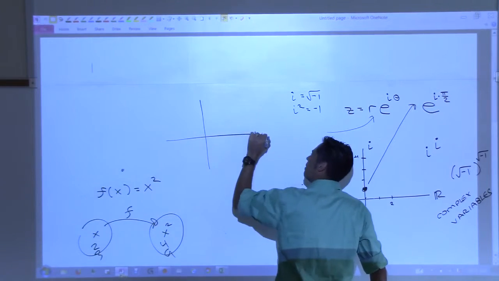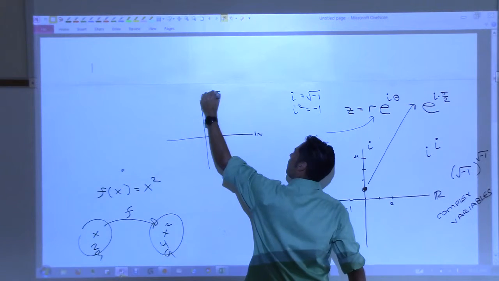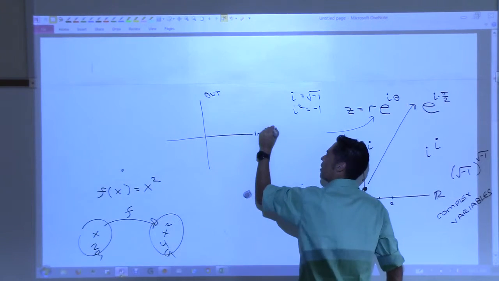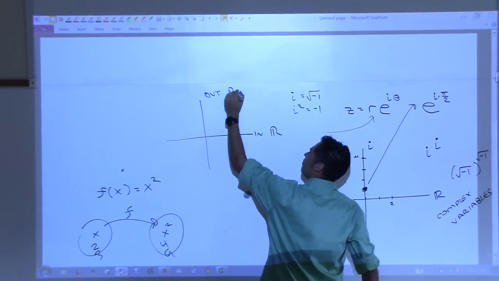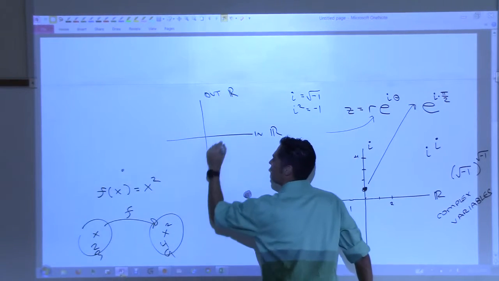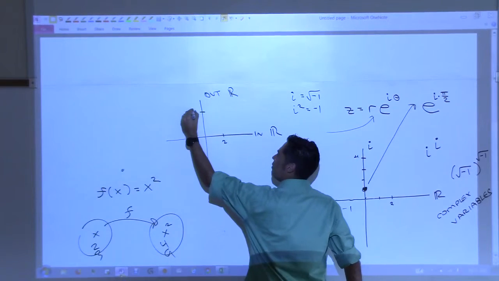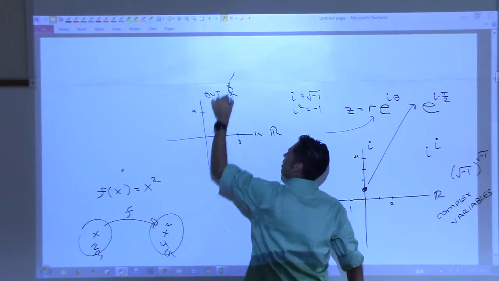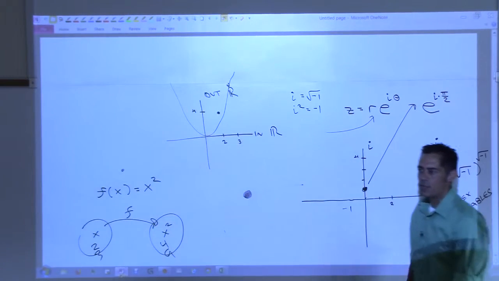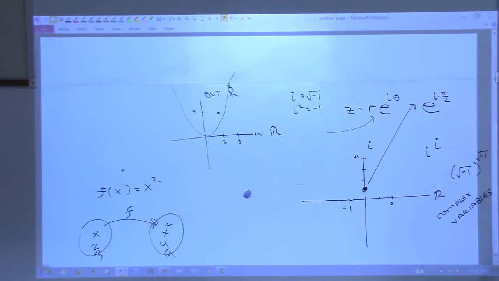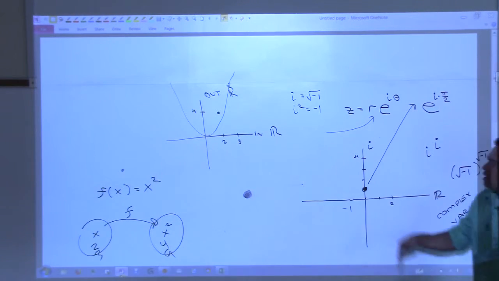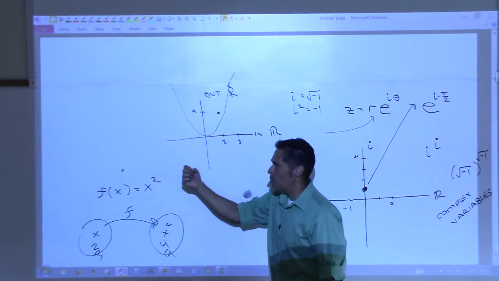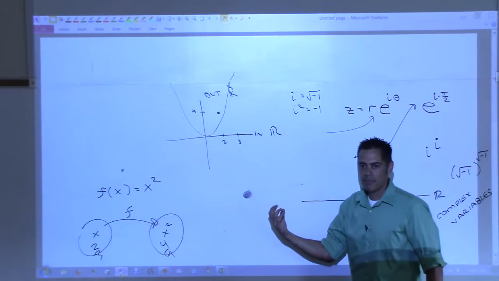And this axis is the input, and this is the output, isn't it? So this is a real number, and this is a real number. This is an in, and this is an out. So if I plug in 2, I go 2 here, then I go 4 here, and that's the point, right? If I plug in 3, I get 9. If I put them all together, I get a parabola, right? That's the visualization of that function x squared. Yes? One of the axes was the input, one of them was the output.